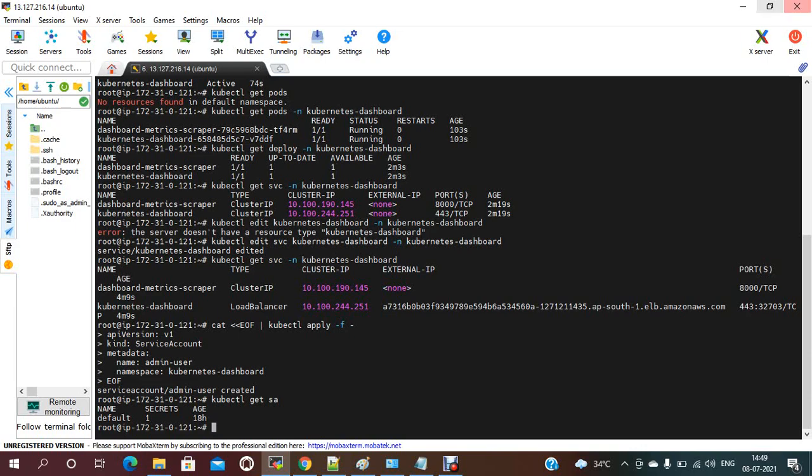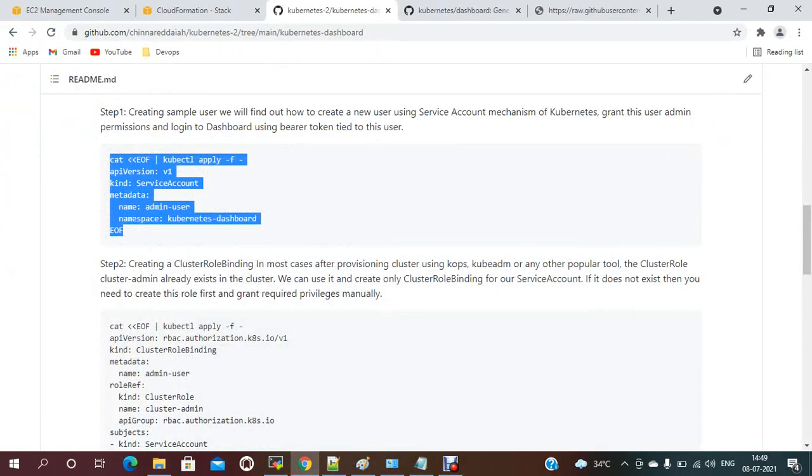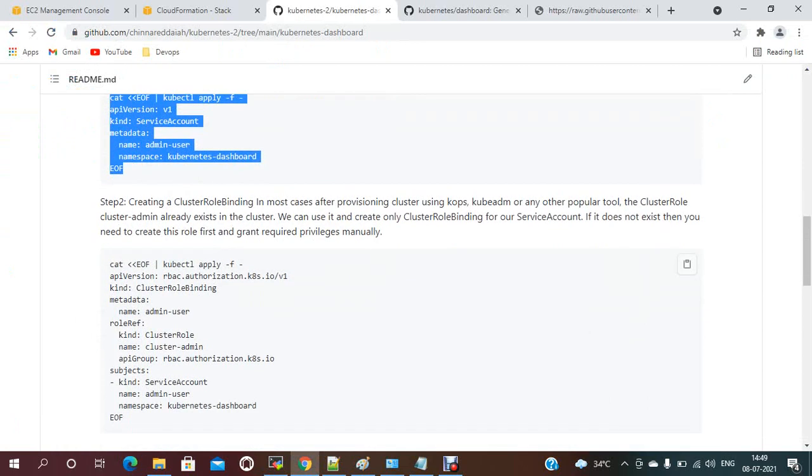Okay, service account. Now the kind is cluster role binding. Under this admin user, it has access to the cluster role, cluster role admin. The API group is the service. This admin group will have access to the service account, admin user, and Kubernetes dashboard.